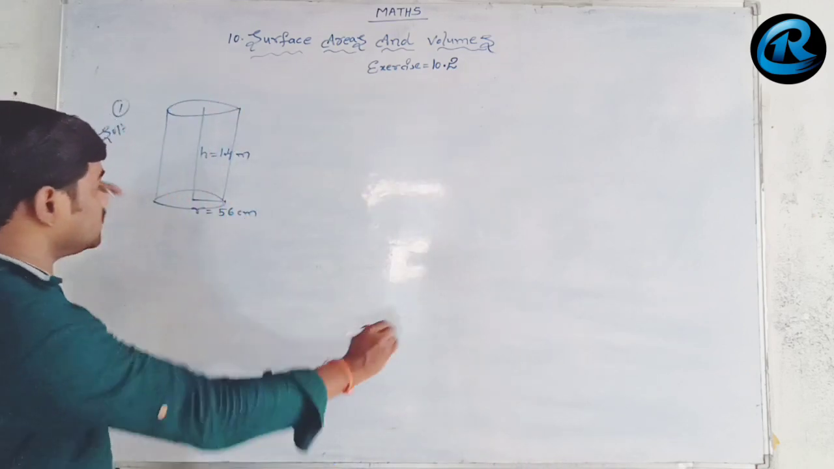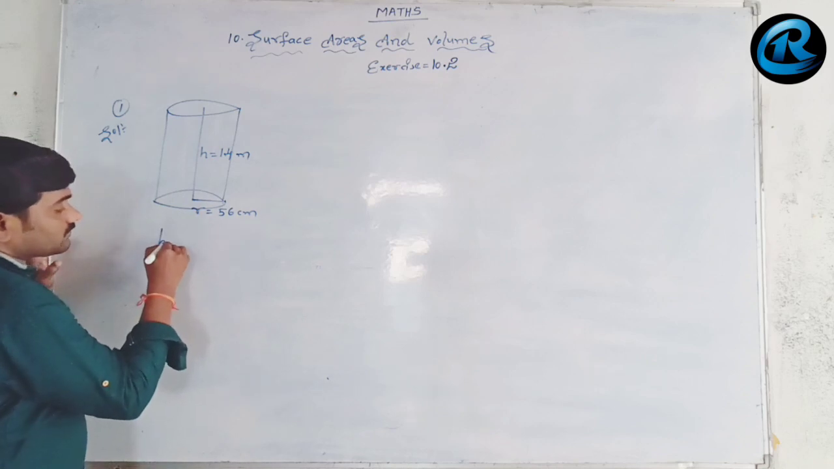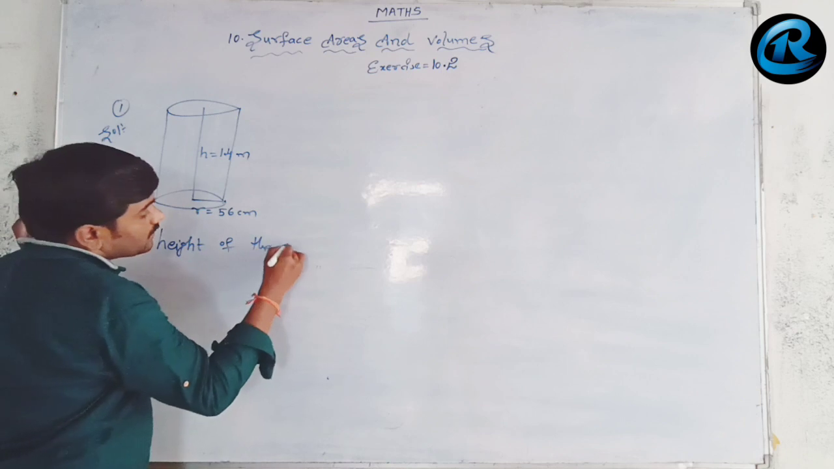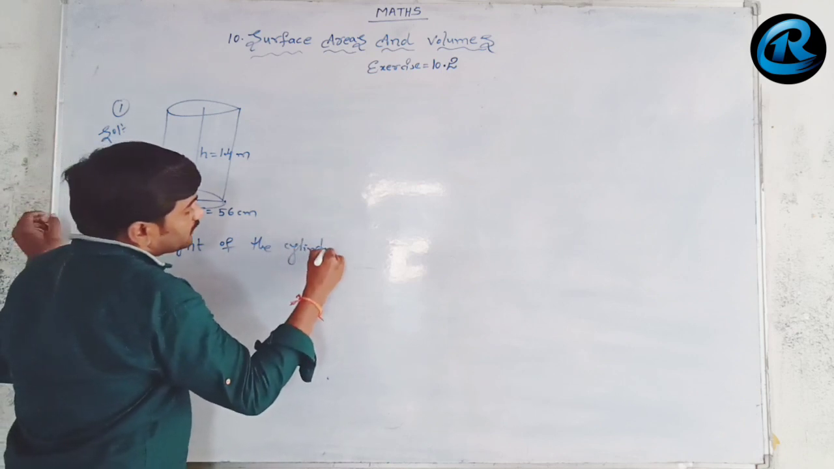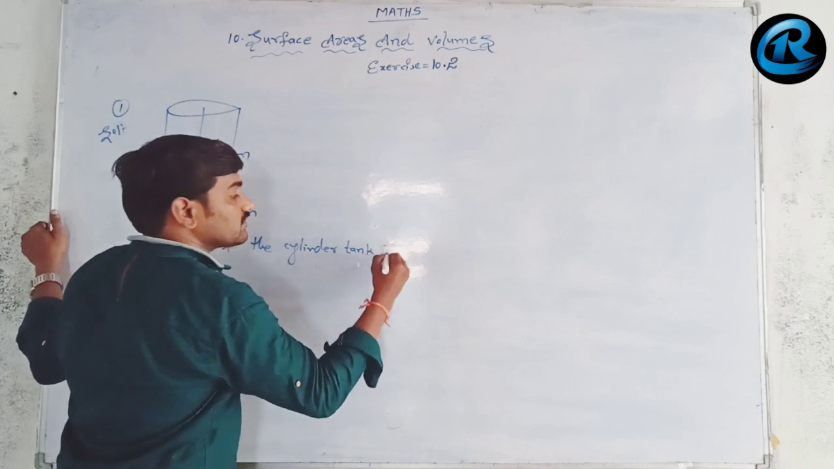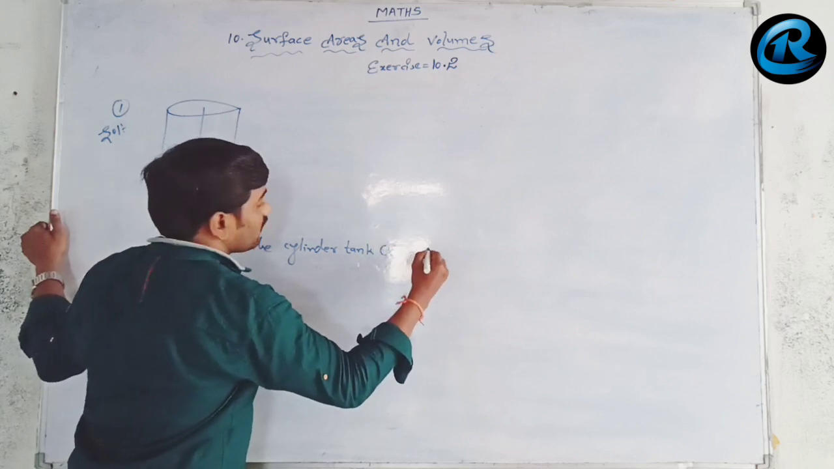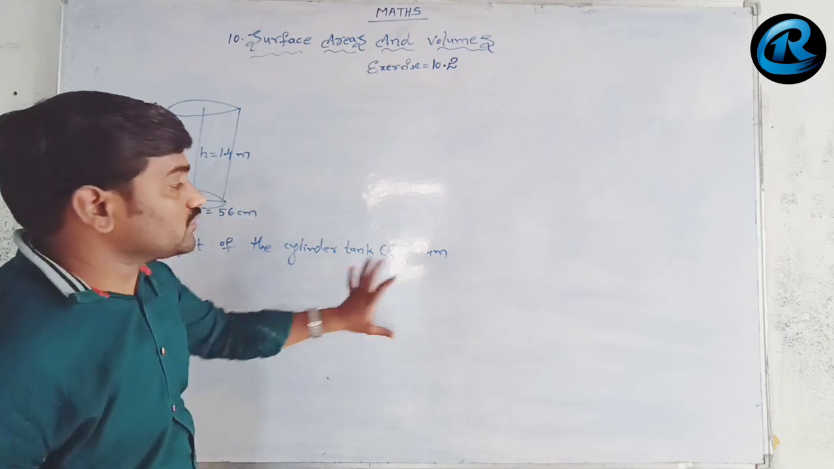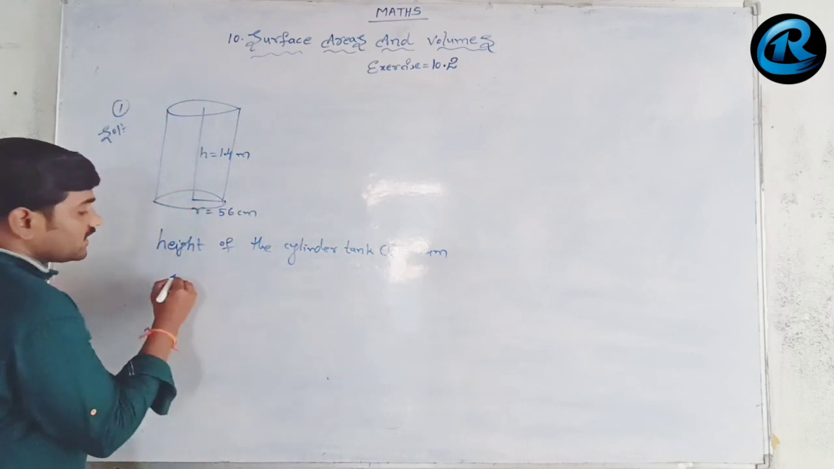So we need to change the height of this cylinder. Here the height of the cylinder tank is h equal to 1.4 meters. The answer also we need to show in square meters. So we keep this as it is. So the radius of the cylinder,